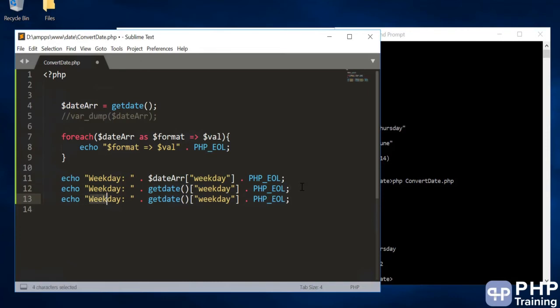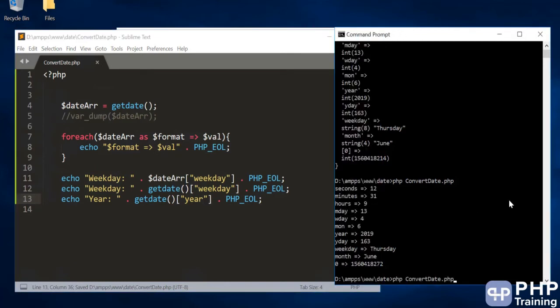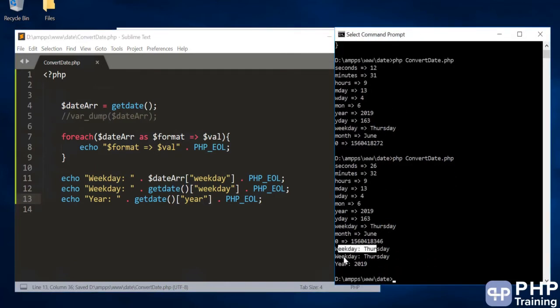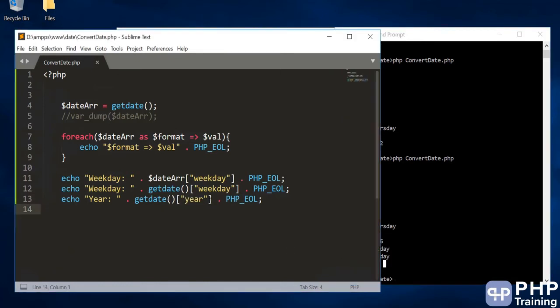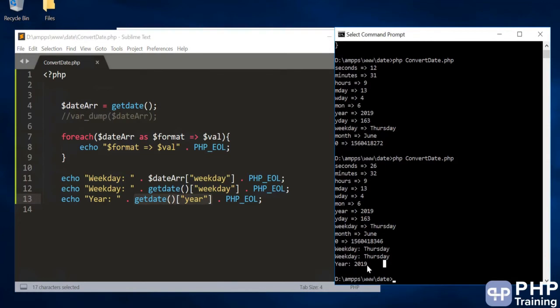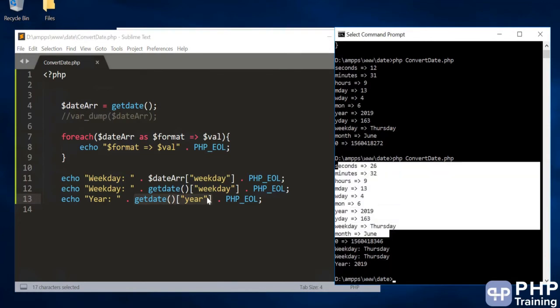Then you want to print a year, and you can still say year, which year it is, and you can go ahead and print that. So weekday is Thursday. There's another way. We directly use the getdate, then we got the year. If you just want to get a year, this is the fastest and easiest way to get a year. You don't have to go through all the process of converting, formatting and all those things. Just say getdate and year, and then it's going to print the year for us. If you want any other fields, you can still use that notation to access the associative array and then get those specific keys, and you'll get the value for it.